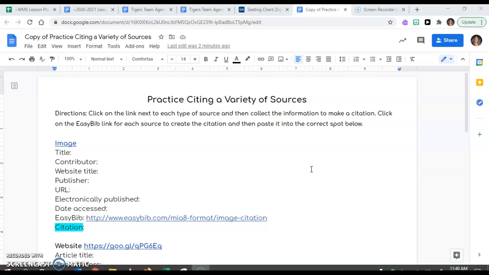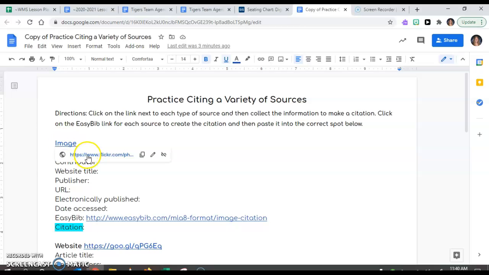Maybe you didn't get all the answers. Maybe you want to double check your answers. And that's really important that we know what we're looking for before we go into our assessment that we'll have later this week. So the first thing that we needed to do was click on the top,